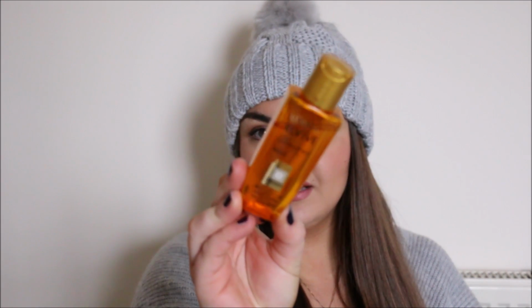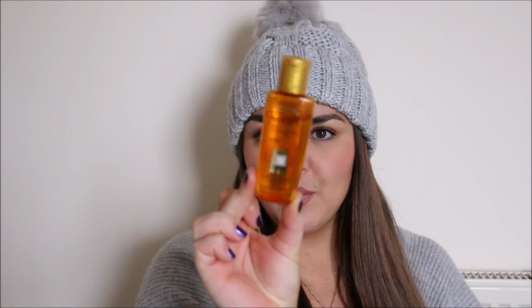And then another thing that is really affordable is the L'Oreal Extraordinary Oil. L'Oreal Elvive Extraordinary Oil. This is just a little baby one because they last for ages, and I picked this up because I just like popping a little bit of this in the ends of my hair. If I show you right now,